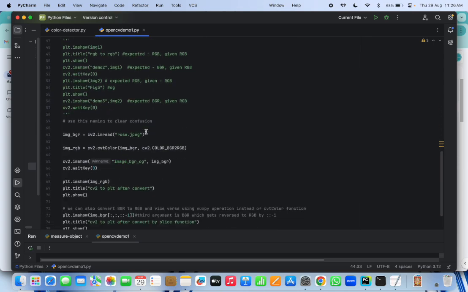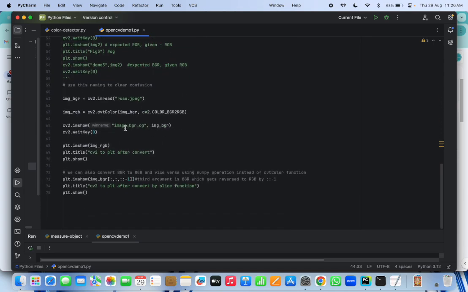Okay, so now we'll just change the convention over here. We'll save the imread output of CV2 in image underscore BGR, and then using another name, I'll convert that to RGB. When I show it with imshow of CV2 and with PLT, you can see that this will be showing as BGR, and this will be showing the normal image after the conversion. Okay, and then this particular function can also be done by using the slicing functionality of the arrays.